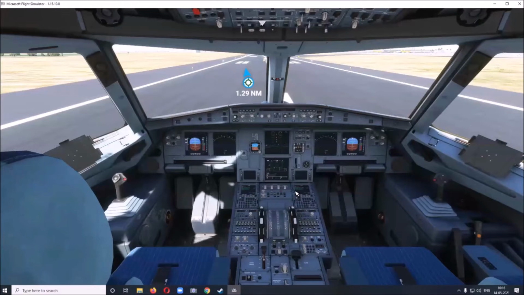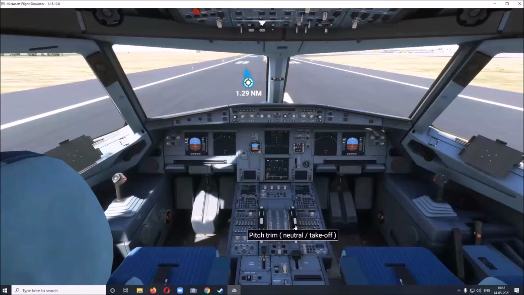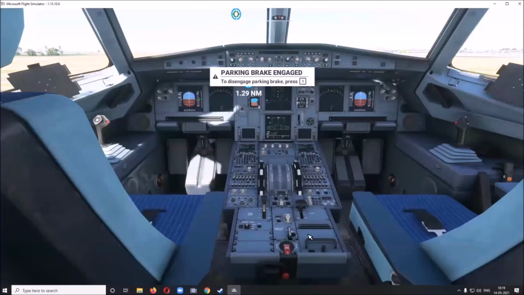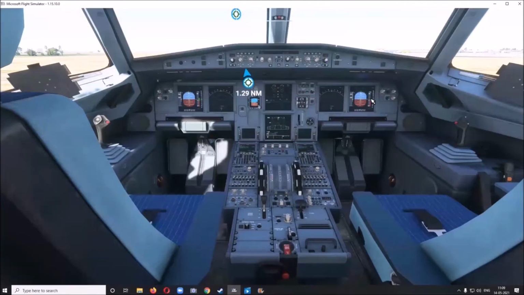These two are the flight management system. This is the MCDU, where you put in all your flight parameters. And this is the radio stack, where you put in your communication and navigation frequencies, etc. These two wheels are the trim wheels used for pitch up or pitch down. This is the flap lever. This is the parking brake. This lever is for landing gear lowering in case it doesn't get automatically lowered. This is the spoiler or the speed brake. Now we will look section by section in detail.